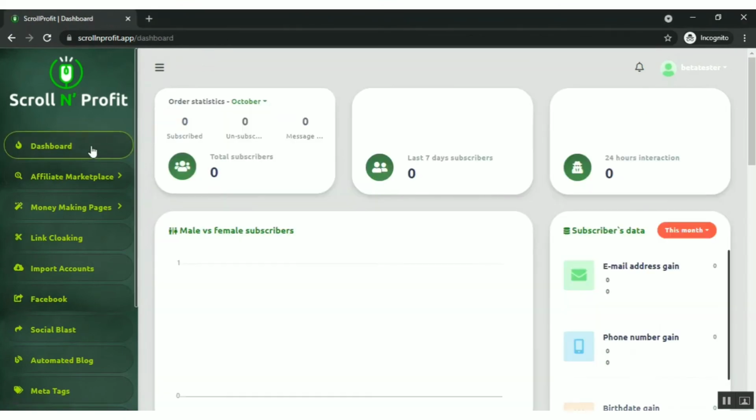So you can make money online very easily by using this application, and you just need to follow three steps. First, you have to select a hot niche offer, and then you have to build your own pages, and then you have to share it to the different social media platforms so that you can get traffic. And this is how it will help you to make money online.